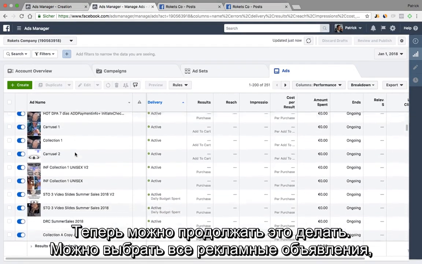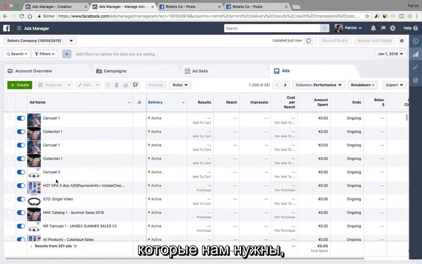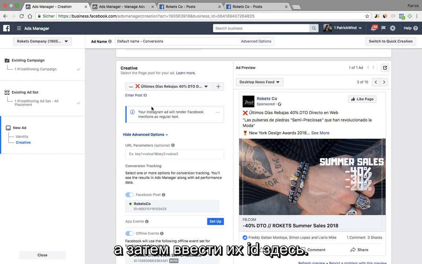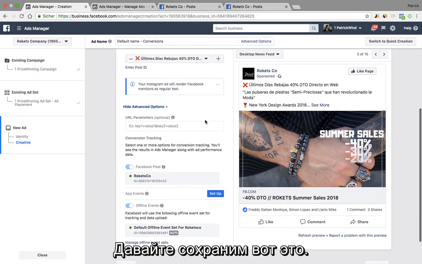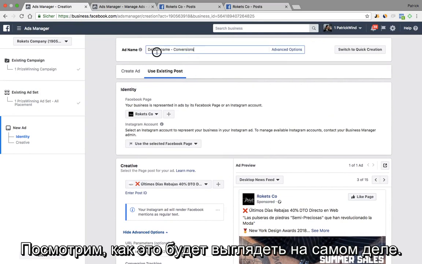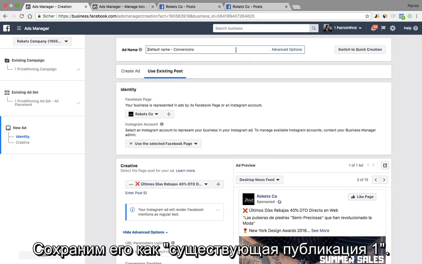And now we could do this all day long. We could select all the ads that we want from here and then select them here as a post ID. So let's save this one in order to see how it actually looks like in reality. So let's save this one as